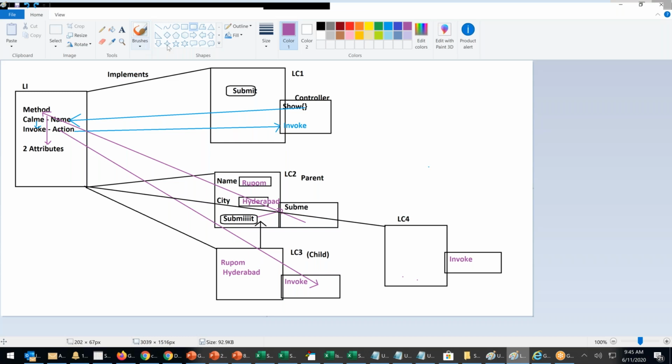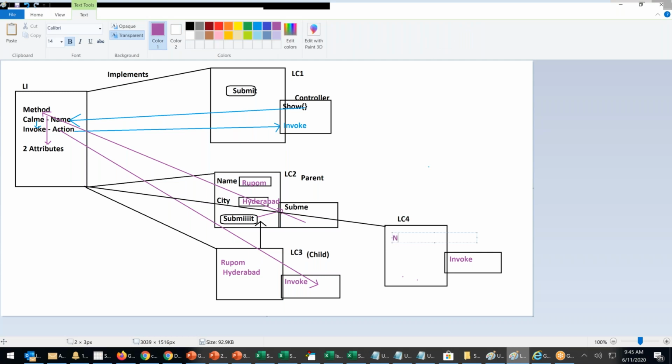There could be the same data again here and there. It's not different. Let's say that there also I can have a name and city. The inputs are LC2 and LC4, right? Let's assume the inputs are in LC. Here also I have a name, the same field, and here also I have city. But here I am entering Ravi Ram. The question is which one to display. Whether I should display LC2's data or LC4's data. That is the reason we have to use the ID.